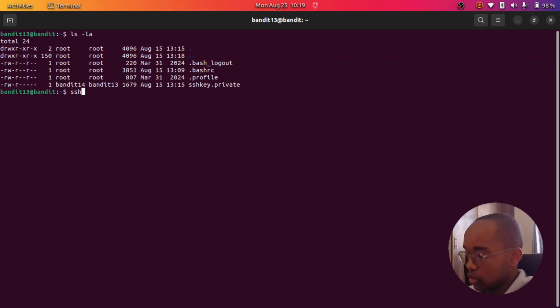To do that, I'm going to use SSH, specify the port, because all of these Bandit users run on the same port, so that is why I'm specifying it. And also, the last time I worked on it, there was an error, and it turns out that all you needed to do was to specify the port number, so just keep that in mind. And then we use this so that now we can use the private key. And then now Bandit 14